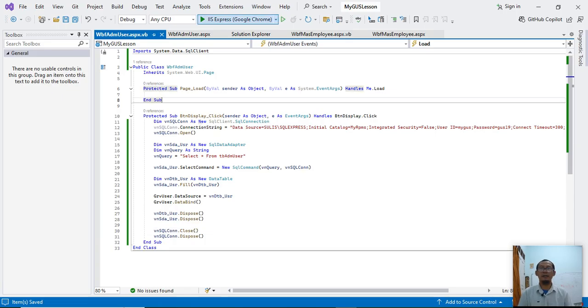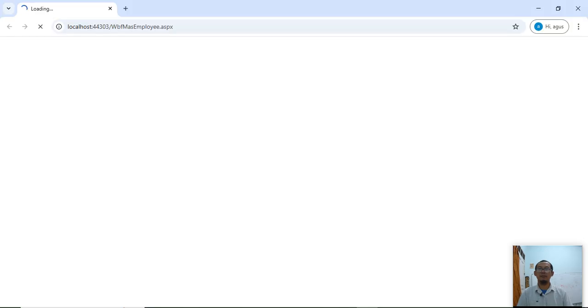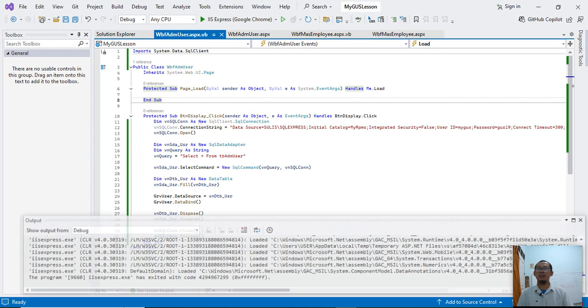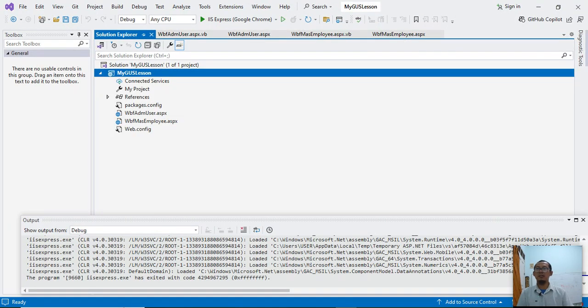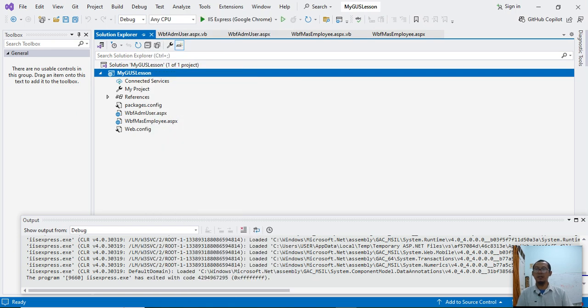Now let's try to run this application. Oh, I'm sorry. The start page is still master employee. Now let's change the start page to master user.